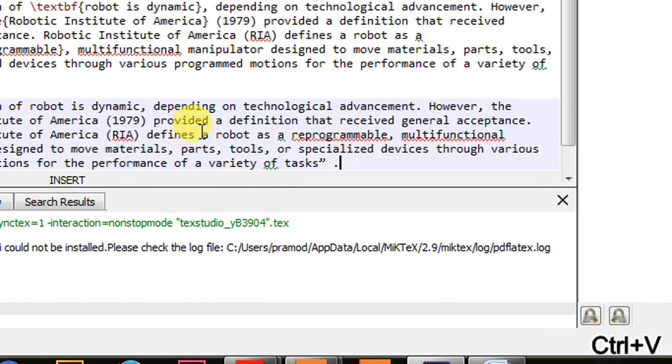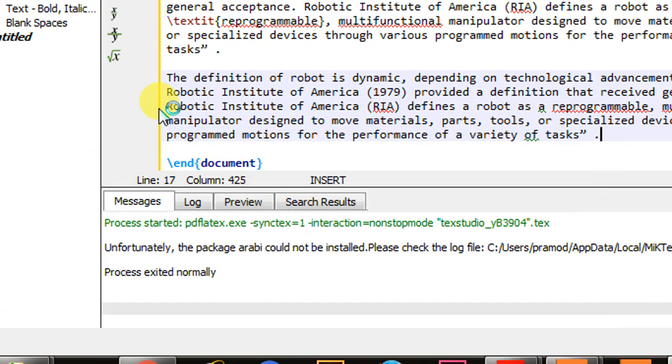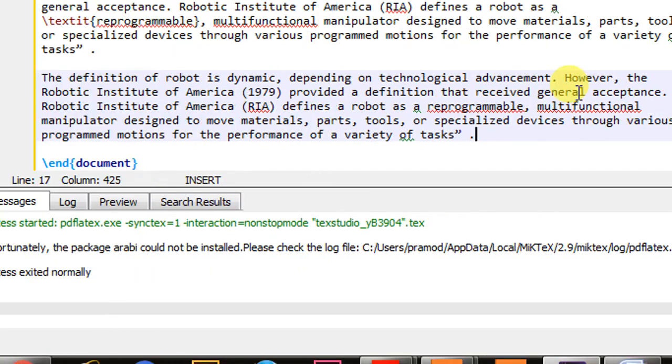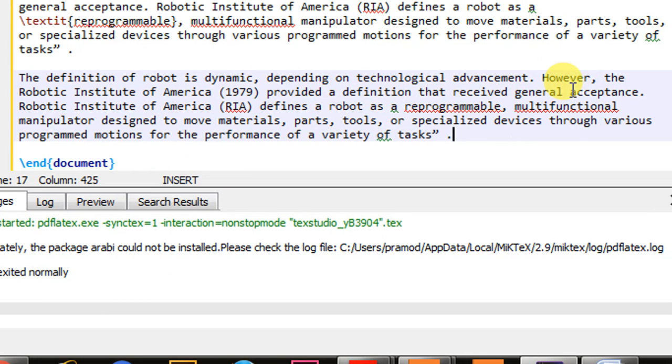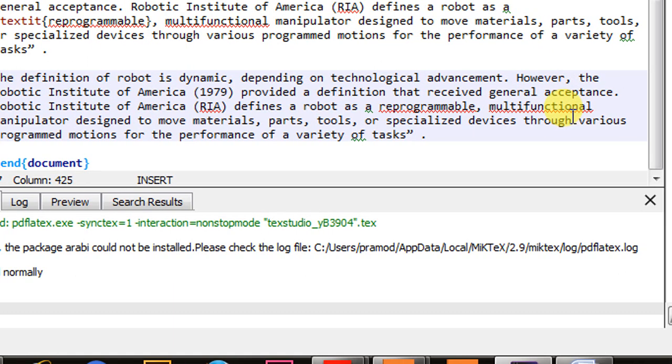Here I have not made any text bold, underlined or italics, and the output produced will not contain bold, italics or underline. Now there is one command, that is emphasize. Suppose I have to make some text emphasized, that means it looks different as compared to the normal word.